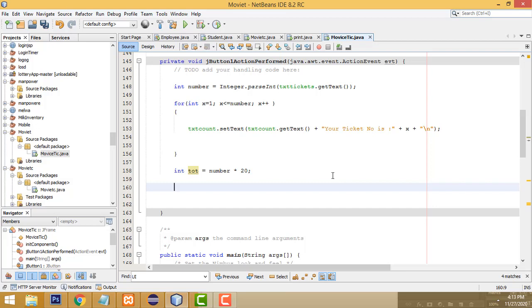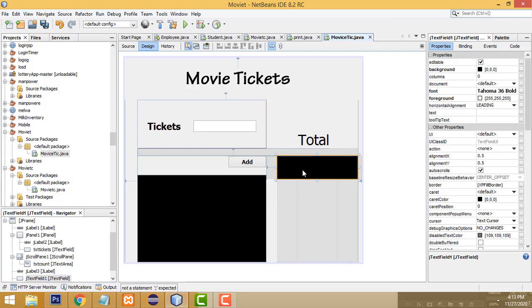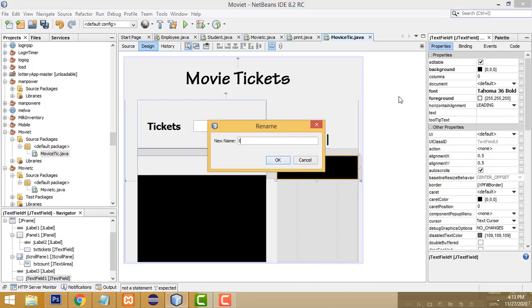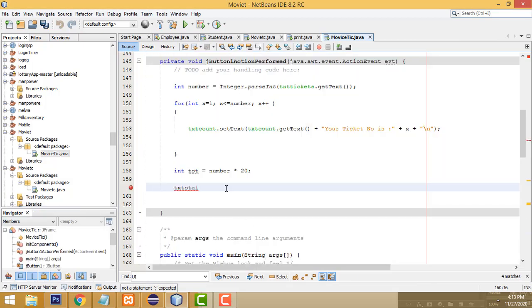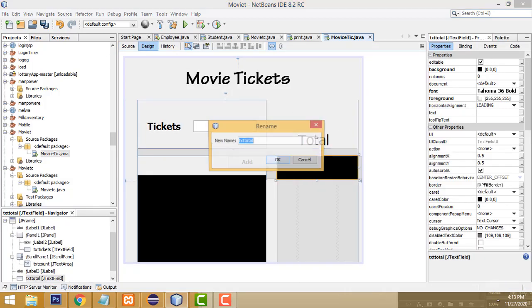Okay, so we have to print txt total dot set text.